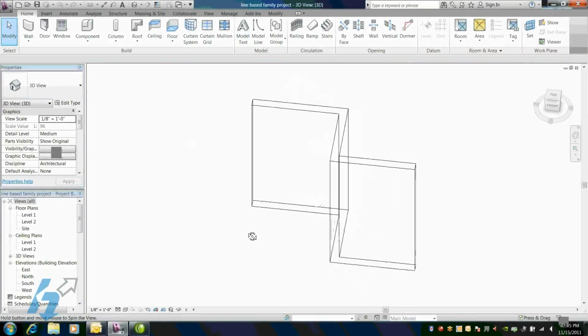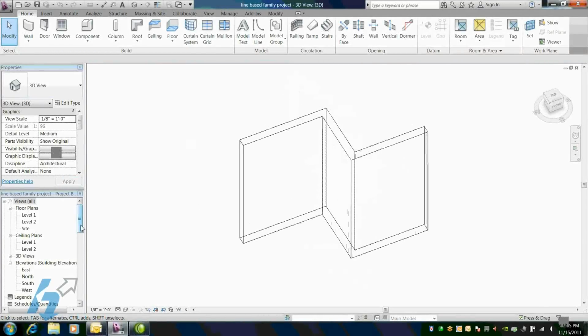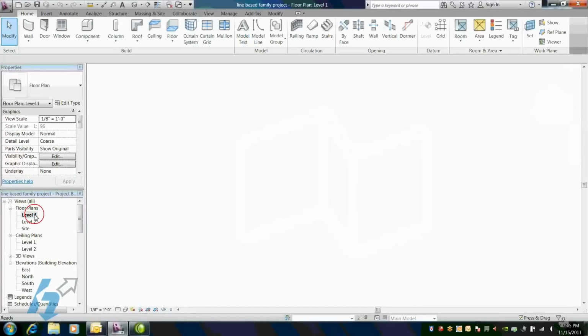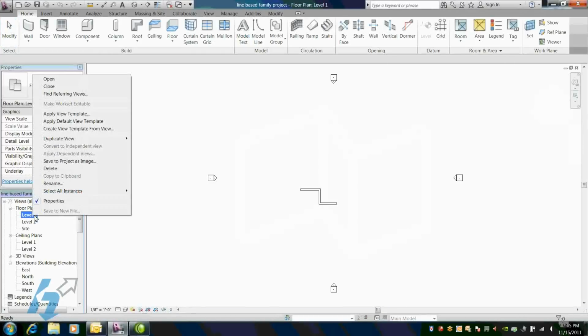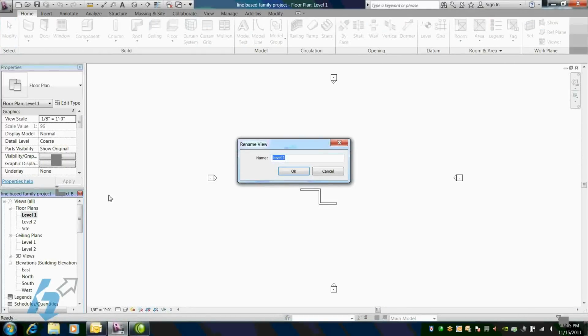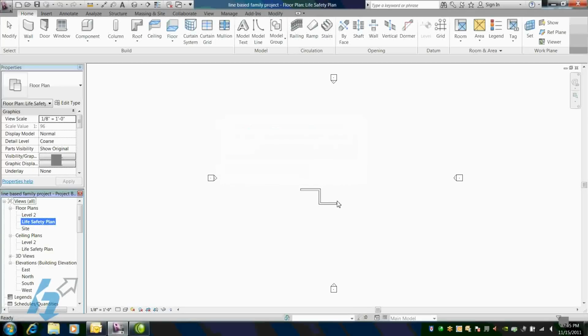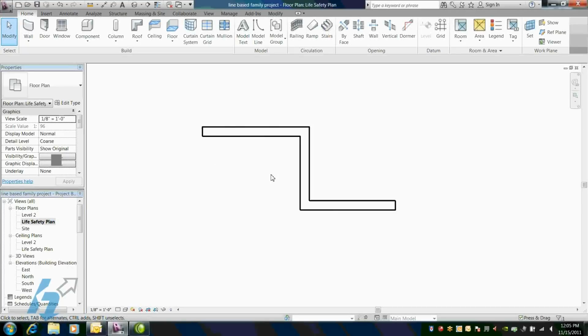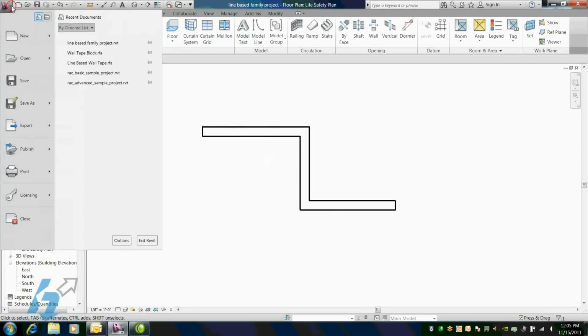Today we're going to be making a line-based family so that we can place that into projects for things like life safety plans. In this case we'll be creating a wall tape that will be physically placed into a project as a family so that it can be scheduled, and things like lengths and even materials can be attached to it. I've just got a wall here,